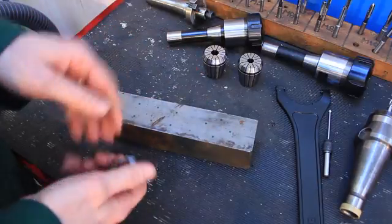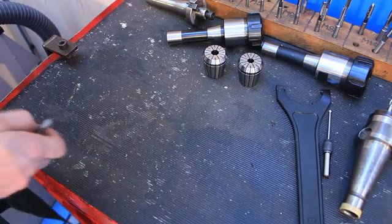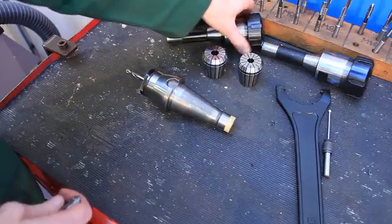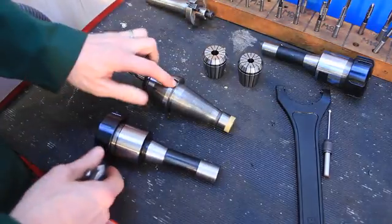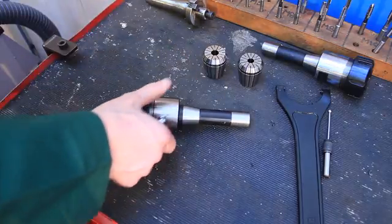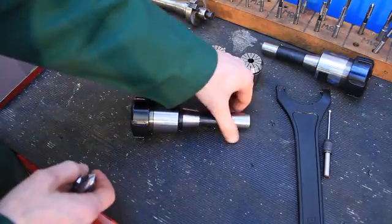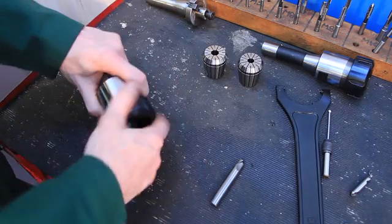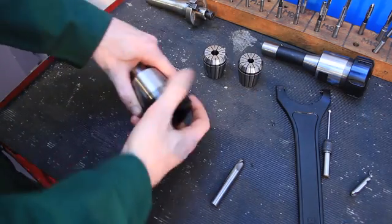So in order to hold that, we'll be using the collet system now. Collet spotters amongst you will notice the difference between the ISO 40 taper that we've been using on the CNC and the R8. And this is an R8 taper with an ER40 collet. I'll just show you the loading of the collet. There's a two-part